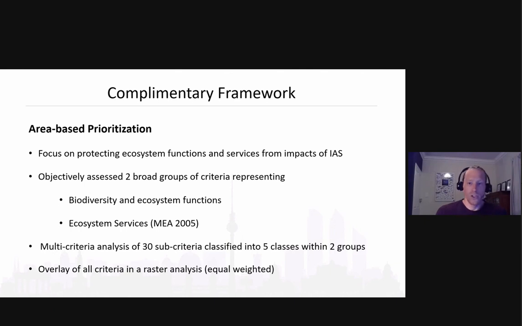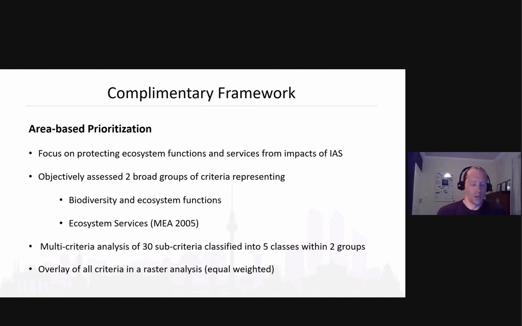And I won't spend too much time on this approach, again, because it can get quite detailed, going into the criteria, but it's a fairly simplistic approach that we did develop. Again, it follows a similar approach in that you have to develop a set of criteria, and then for the purpose of this approach, you match spatial data with the criteria that you have identified, and then you do an overall raster analysis, which for our purposes again was equally weighted.